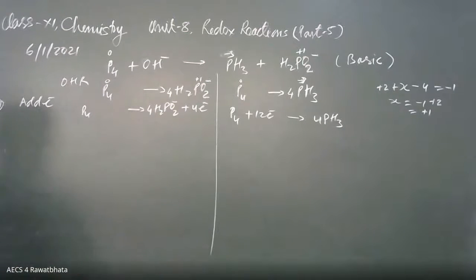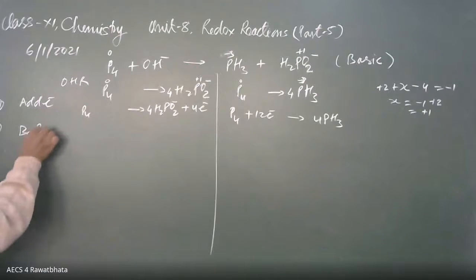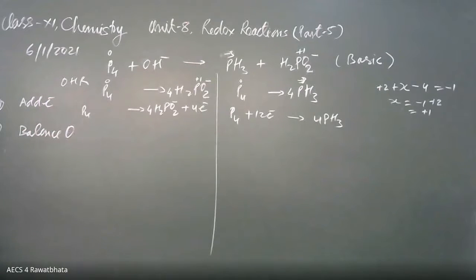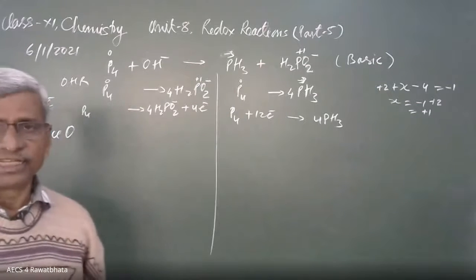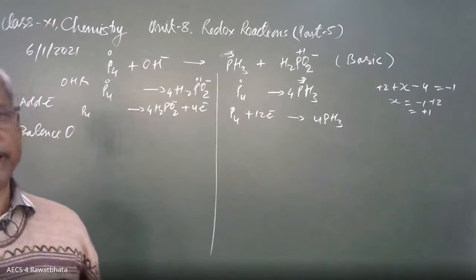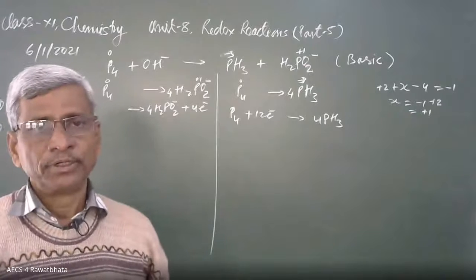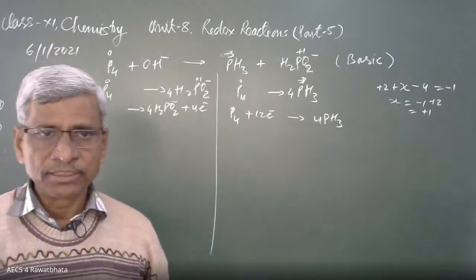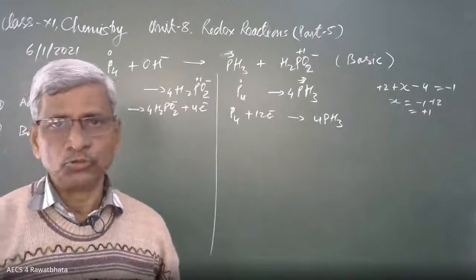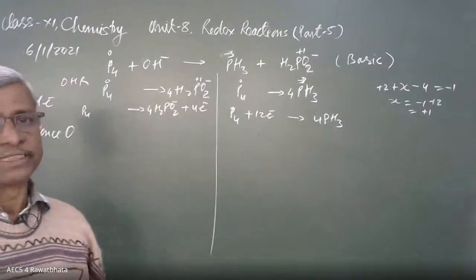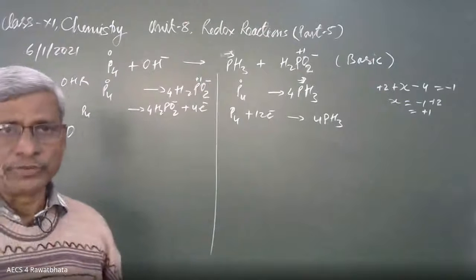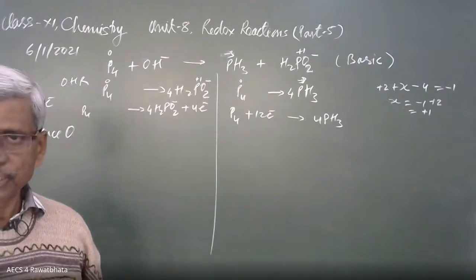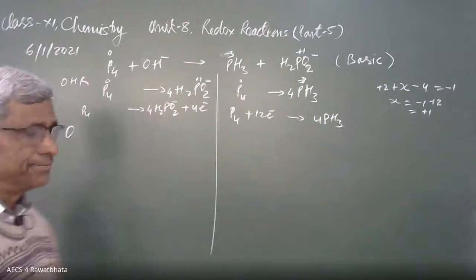Okay. So next step, second one: balance oxygen. In some books, the step sequence is not like that. You can follow any sequence, but it is fixed for you. Don't change it while balancing equations again and again, otherwise there will be lots of doubts about what to do. Follow either this sequence or whatever sequence you get from your books. All are correct.